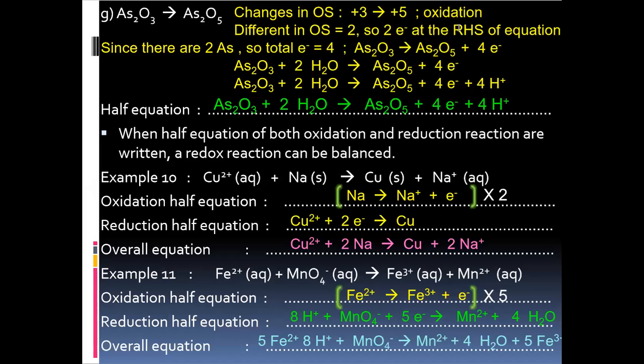Last class, we stopped by discussing how to balance half reactions. But I told you that in real sense, we do not have reactions in half reaction. They are actually in a combined reaction of both oxidation and reduction to form what we call a redox reaction. But before we can solve that, we first looked into half reactions before we can join them together and then balance the whole equation. So last class, I discussed this particular equation, which is arsenic oxide, moving from this point